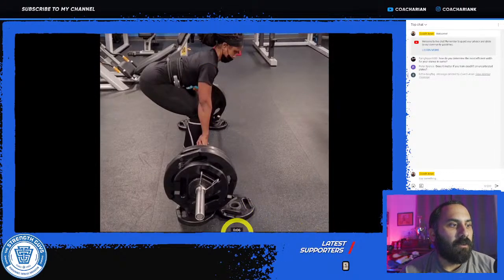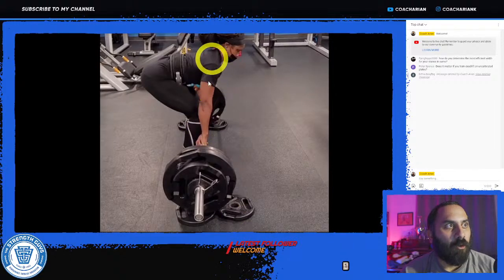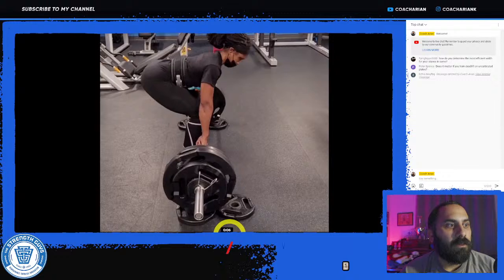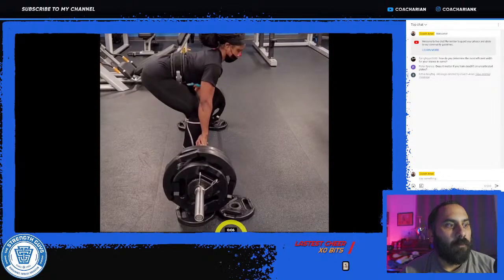So if I play this again and go forward a little bit, you can see now you're getting this slight angle back. So that's another way you can see it. Here, you got a little bit too much of a vertical arm. And here, you got a better position as far as the slight angle back.